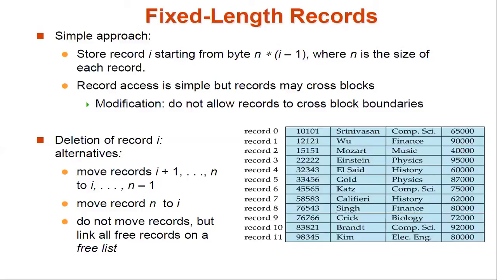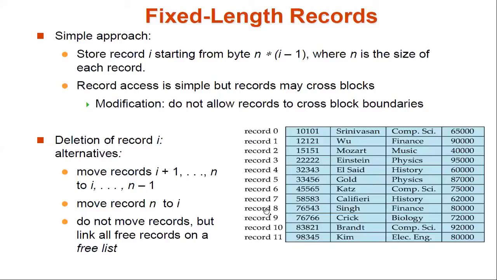The first one is deletion of a record. Suppose you can see in the diagram here, this is one table, right? In the table you have a total of 11 records, with 4 attributes. The first one is one particular attribute given, and then another one is name, and then department, and then maybe you can consider this as a salary. Now how can you delete a particular record from this file or from this table?